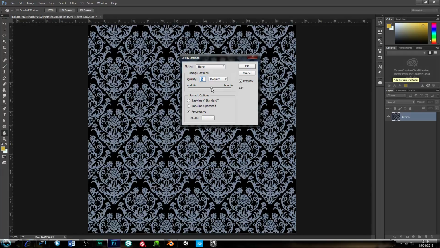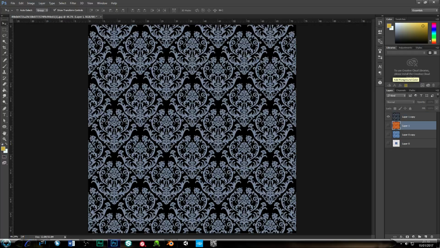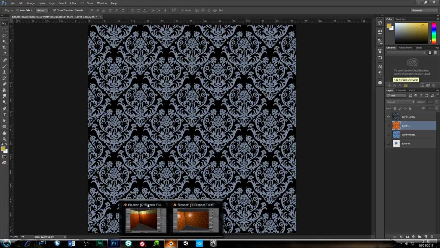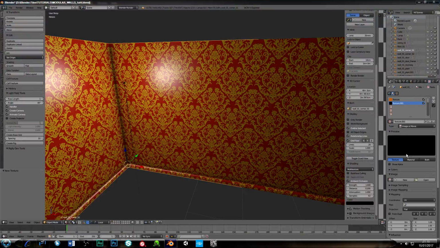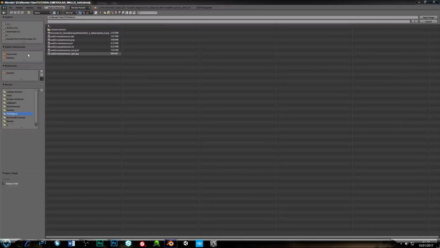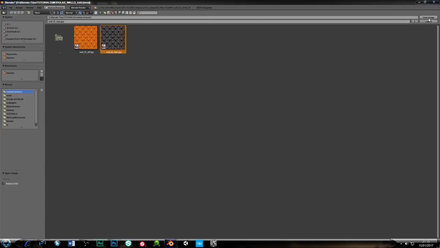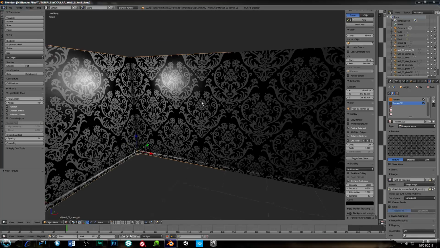Might get this a little smaller. That's 1.2, but 7's 1.1. That's strange. Okay, we will save it as that and click OK. Go back into Blender. New texture, and we shall open. If you select here, it will open the last folder you were in. I'll select that, I'll select open, and as you can see,